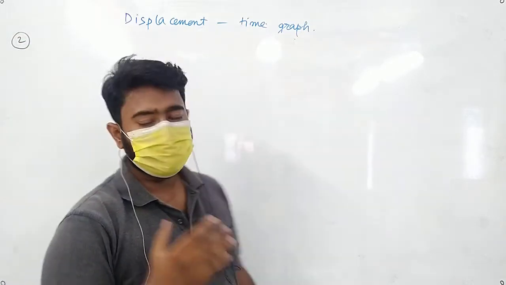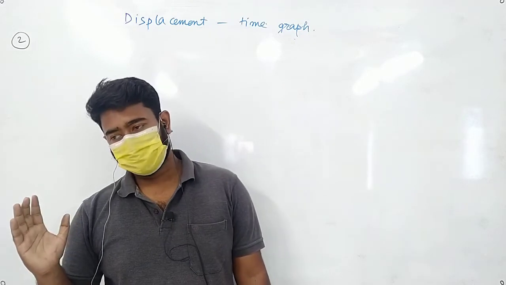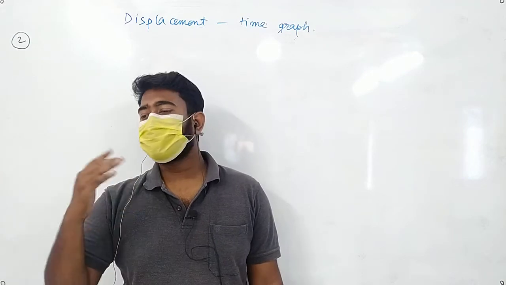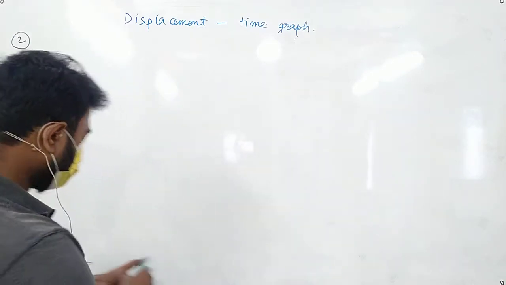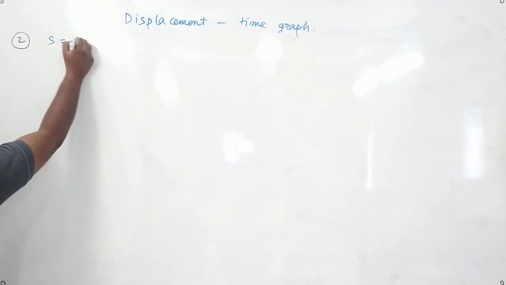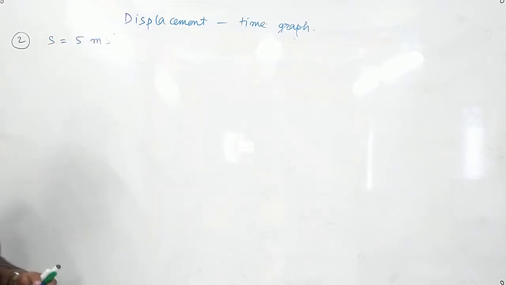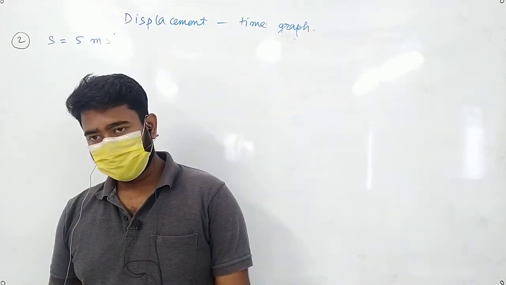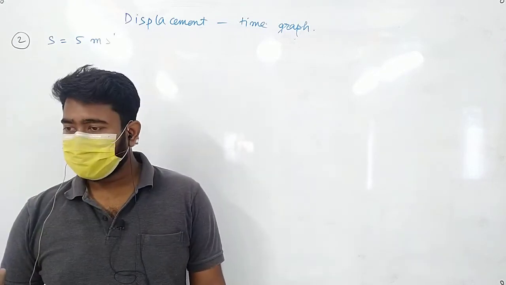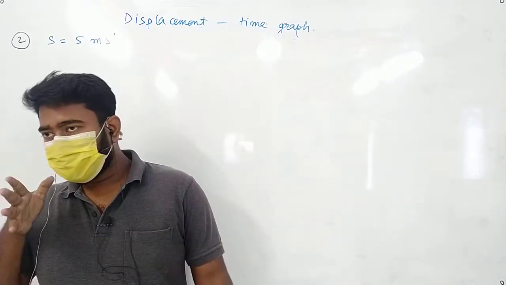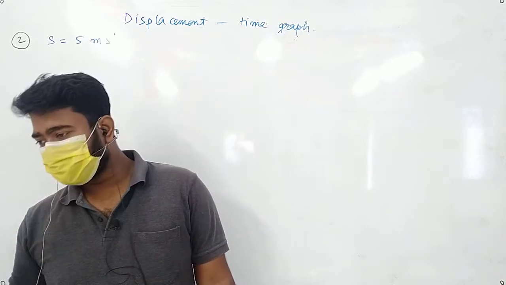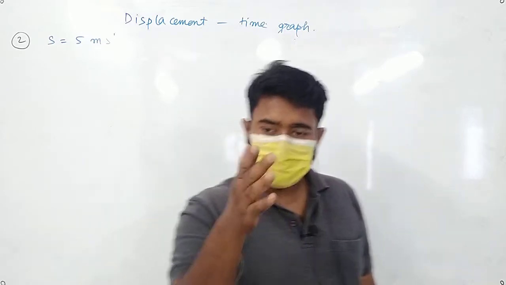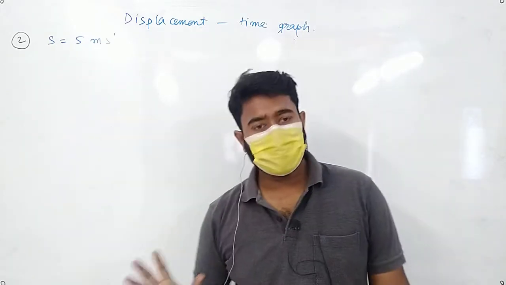Uniform velocity. Suppose a body is moving in the forward direction. Suppose its speed is 5 meter per second. Now we are working with velocity, that means we need to specify the direction. But as I am telling, it is moving in a straight line, we can ignore the direction in that case. So if it is moving in a straight line, the velocity and speed are the same. We are continuing in the same direction, that means speed and velocity will be the same in that case.